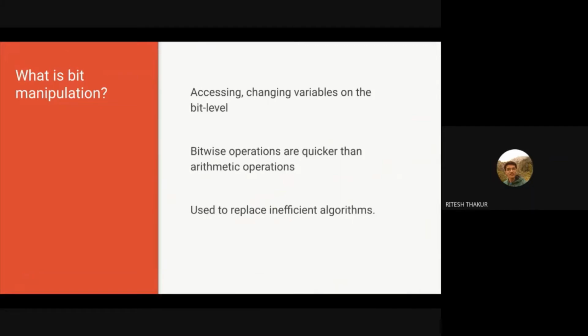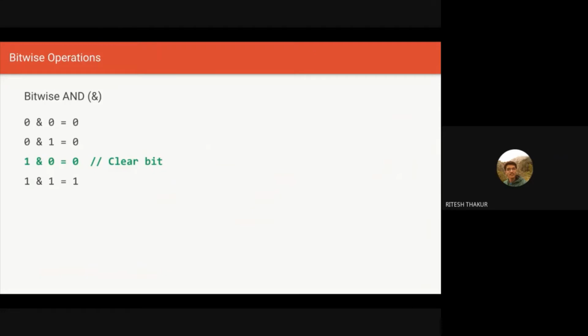So now let's look at the bitwise operators. So first one is bitwise AND. So it's like the normal AND we use. AND means that both the conditions should be satisfied for the output to be 1. So 1 and 1 will only result in 1, other values would be 0. And here we have a special case that let's say we want to turn a 1 into a 0, then we will actually do it with AND 0. So if we have a 1 and we do an AND with 0, the value will be 0. So we can use that to clear a bit or make a bit 0.